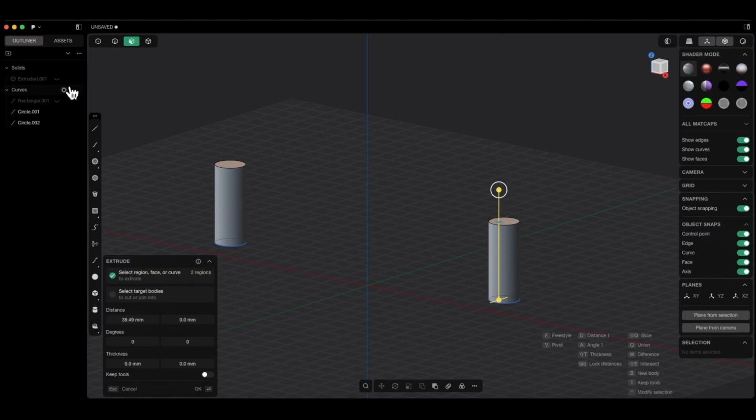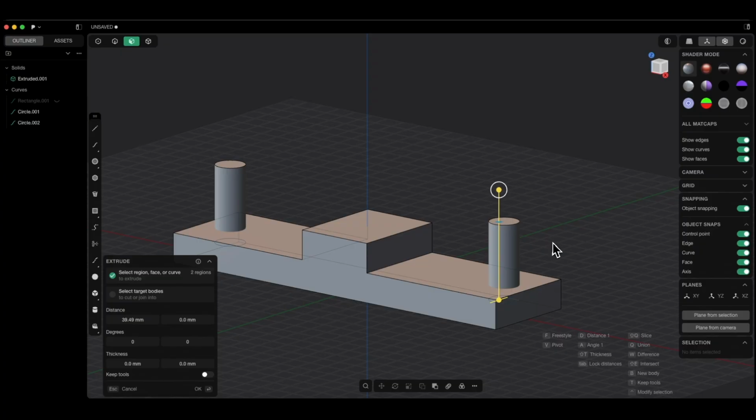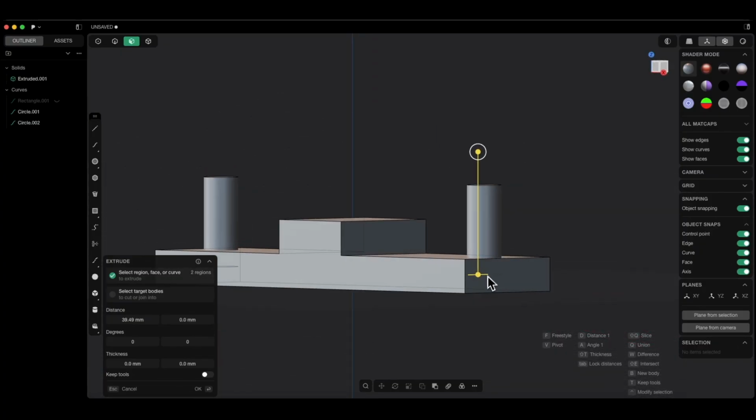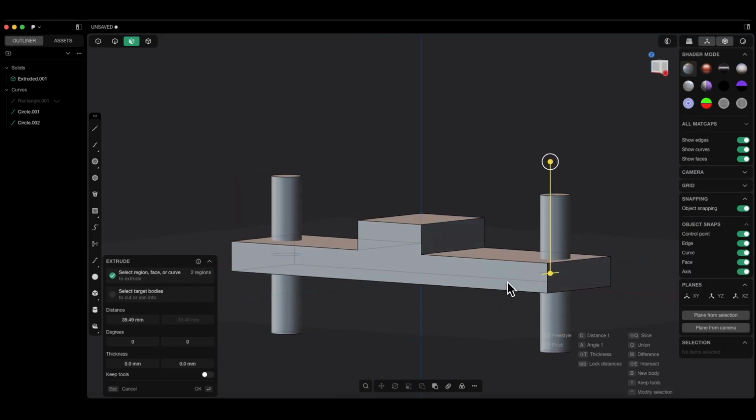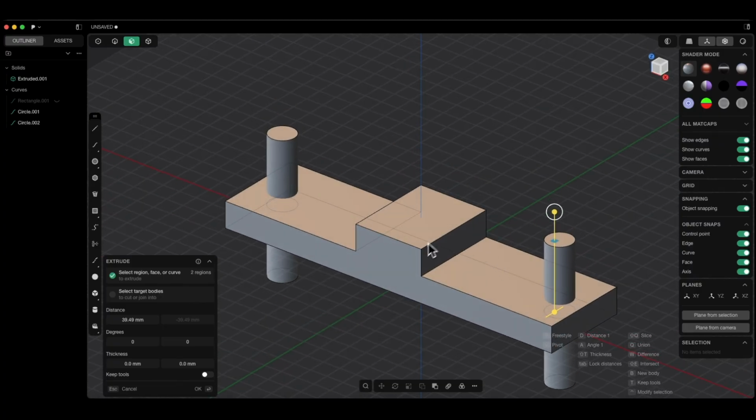I turn the solid's visibility back on and I also want to extrude in two directions because as you can see right now the extrusion is in one direction from the sketch plane, but if we press Tab key the extrusion is created in both directions from the sketch plane. In this case the extrusion value doesn't matter. What's important is that the cylinders we create extend past the solid because we want to use them to make holes. Just like with an extrusion, we can create these two cylinders, click OK,